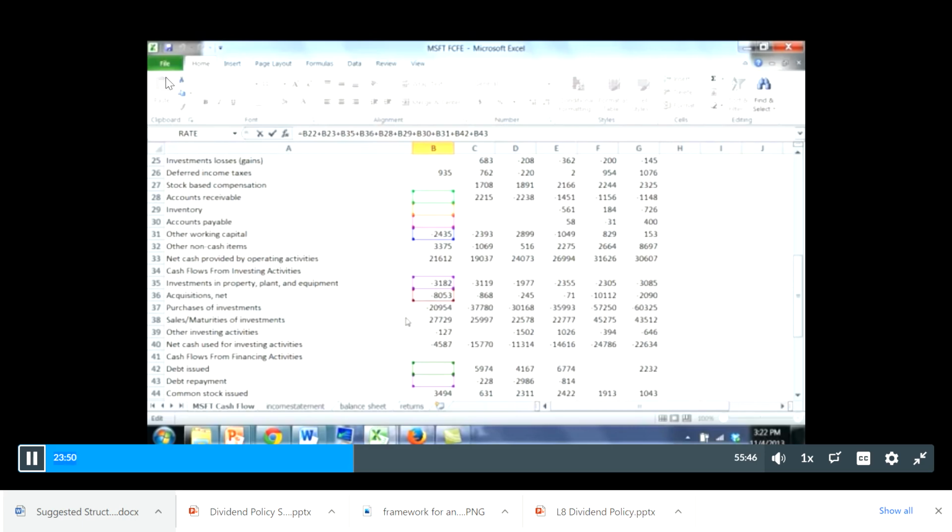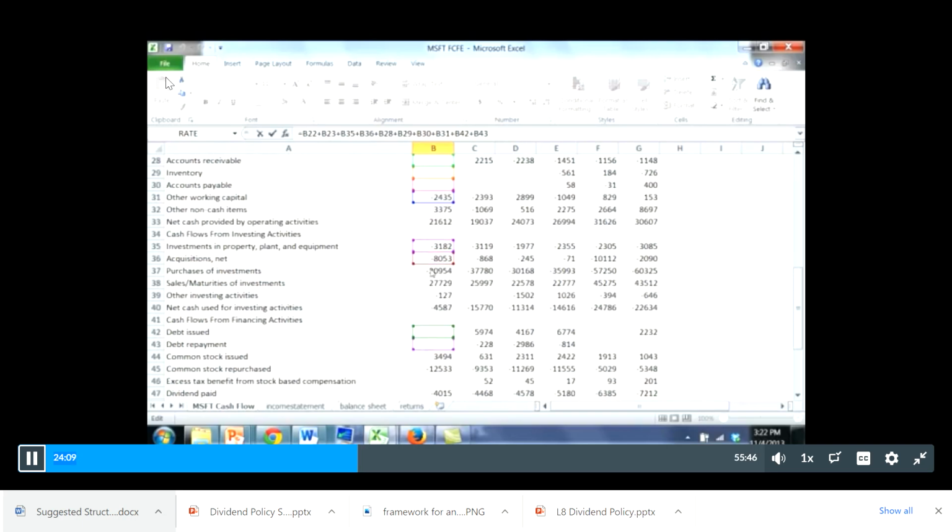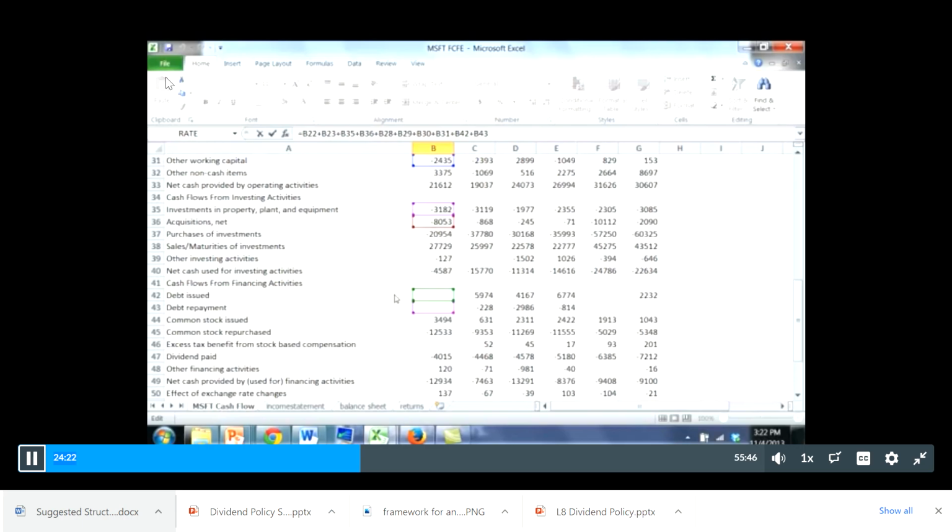Don't need all that cash for operations, so they tend to invest it in short-term investments like buying the commercial paper of other firms, money market accounts, short-term treasury bills, right? Those kind of things, so that at least the money's not just sitting in a checking account earning nothing. It's earning something, but it's also very accessible if they need it, right? Because that's what they always claim. They're keeping it for that next great investment opportunity that we can't foresee.